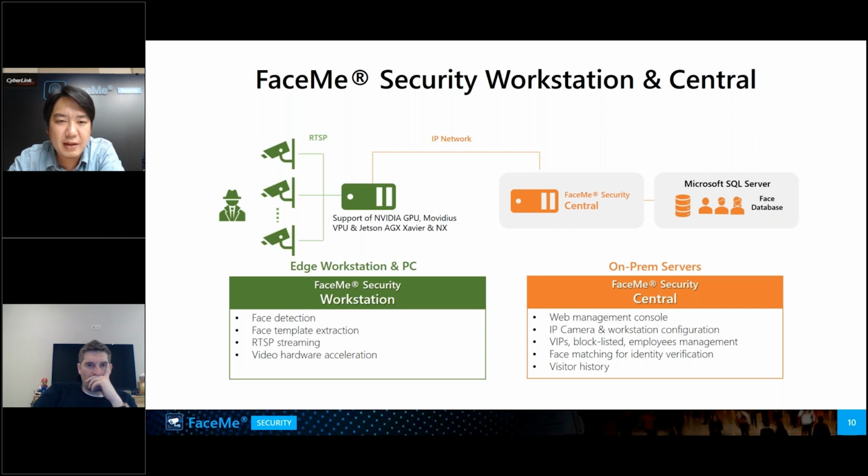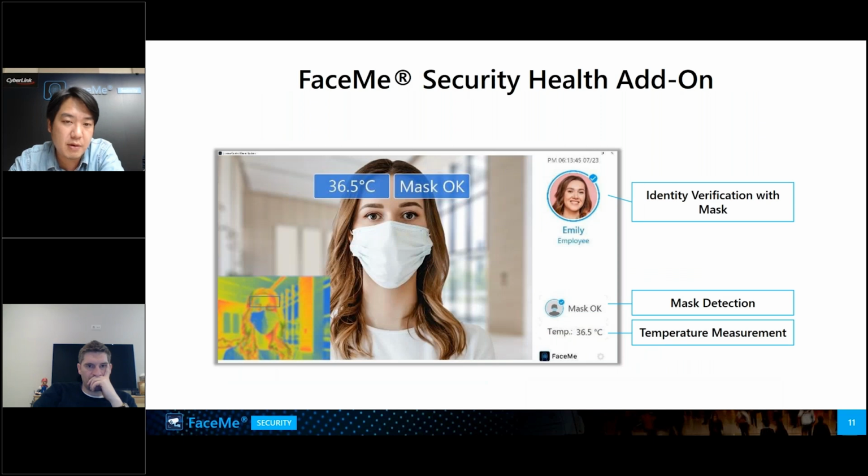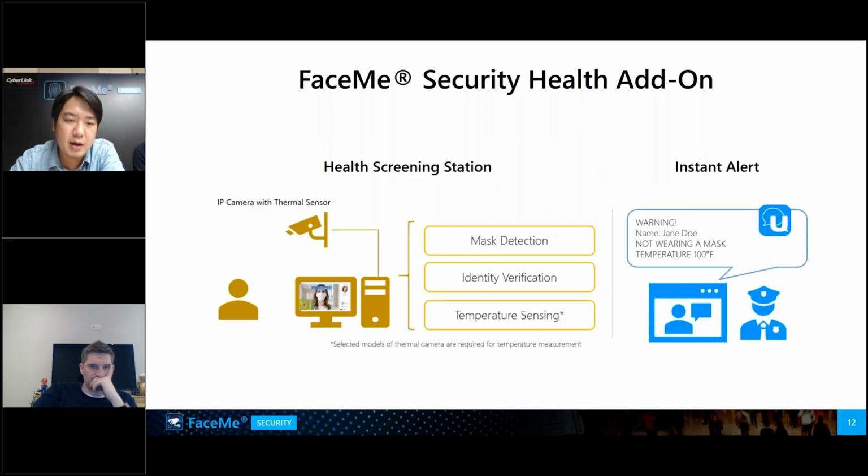So by adding the temperature check-ins from the thermal cameras, this slide shows that even if she's wearing a mask, we can identify the person and get the temperature. Whether she or he is wearing a mask or not, all this information will be recorded in the backend portal. So you can set up the edge side, you can have an independent small PC to display